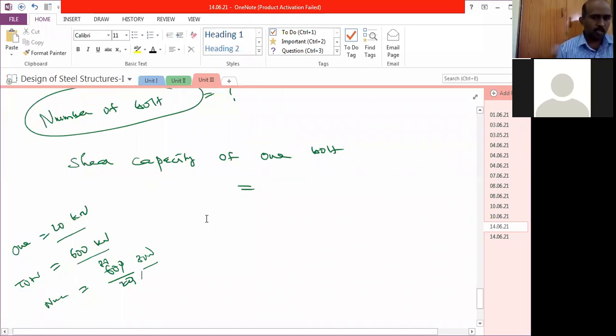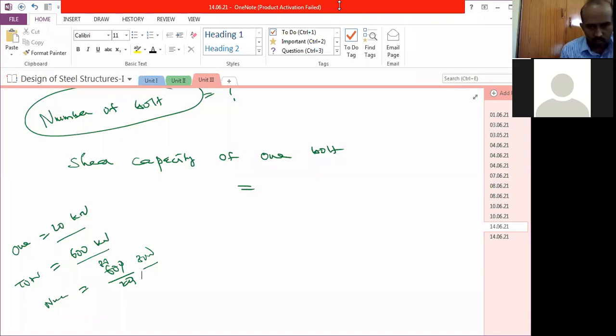Similarly, we shall calculate one bolt capacity. We have already done a number of bolted connection problems. We have to calculate the shear capacity and bearing capacity; the lowest value will be the strength of the particular bolt. Normally the shear capacity of the bolt will be very low for single shear, especially for double cover double shear butt joints, and in all remaining cases. So in that case, we shall calculate the shear capacity of the bolt.